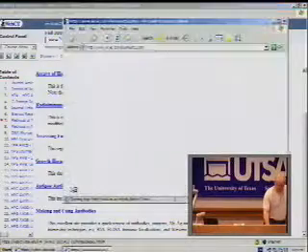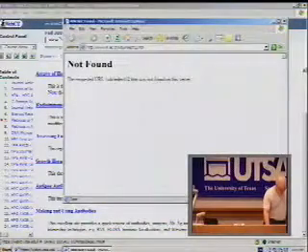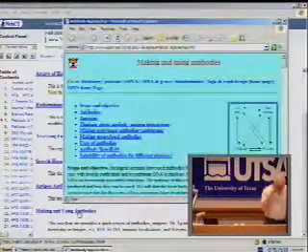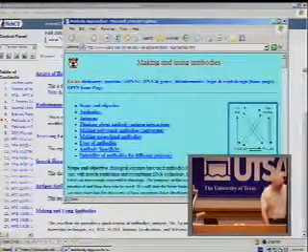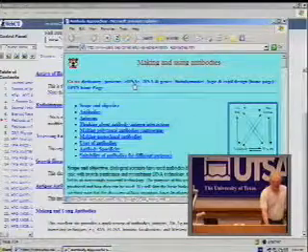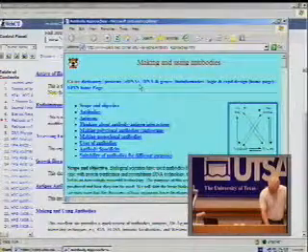Well, we can use this same link, the antigen-antibody interactions. Oh, that's not it. It's one of these. Here, making and using antibodies. I thought I had a link to this same site for the DNAs, but when we click on